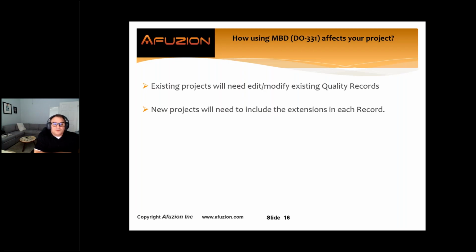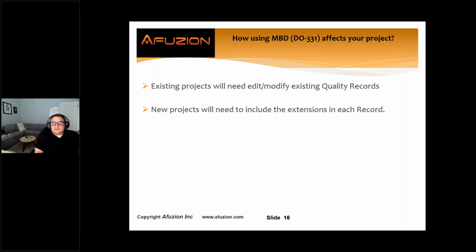Re-emphasizing what the difference would be between existing and new projects. When I got to thinking about this presentation, I thought, as an engineer, what would I really be concerned about if I was trying to incorporate DO-331? The basics are, it depends on what I'm doing.